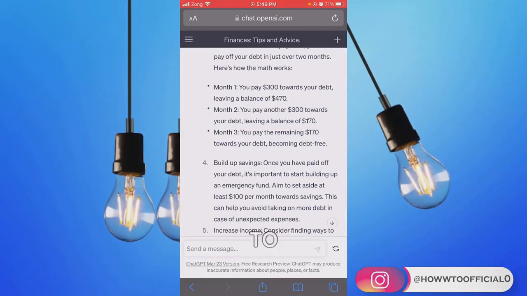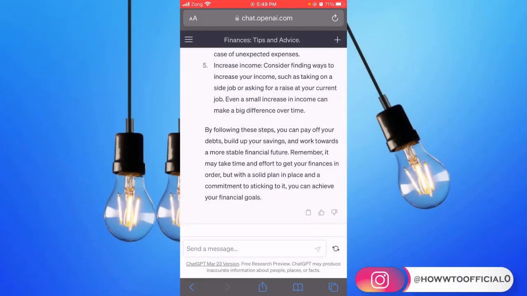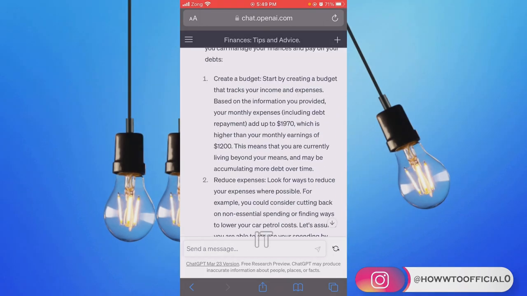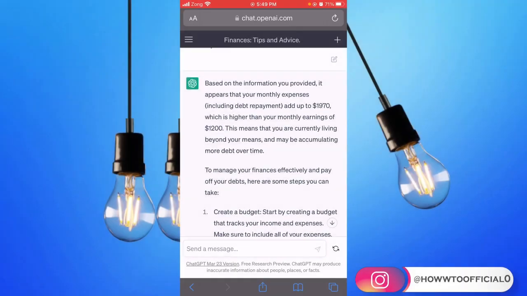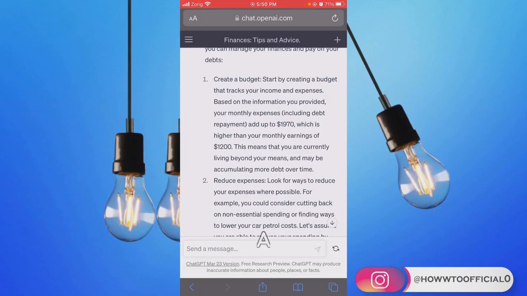And next it asked me to save almost $100 per month. So in case of an emergency or a rainy day, this $100 will save my life. And next it asked me to increase my income. So this was just a rough estimate of how you can use ChatGPT to manage your finances and pay off your debts and all the things that you want to do. You have to just tell it your earnings and all the expenses that you have, and ask ChatGPT to give a perfect plan according to the data you provided, and it will provide you the exact calculated things that you have to implement, and your finances will be managed in a perfect manner.